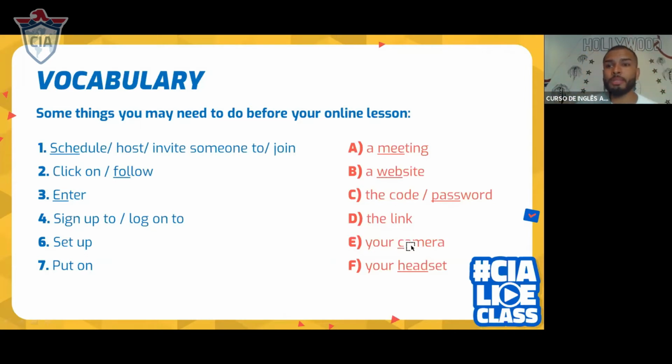Now, let's pronounce. I want you to repeat the words with me, okay? Make sure that you repeat the words correctly, all right? If you see here, for example, the word schedule, I underlined the most important part of the word. In English, you have to focus on the most important part of the word, the stressed syllable.